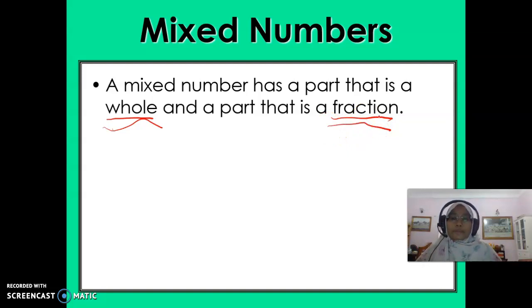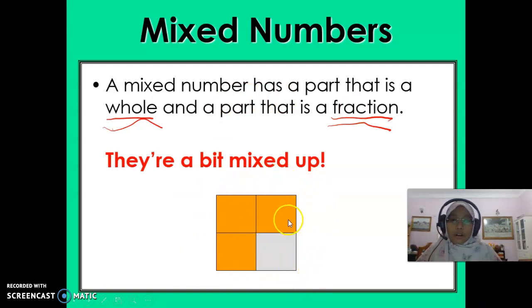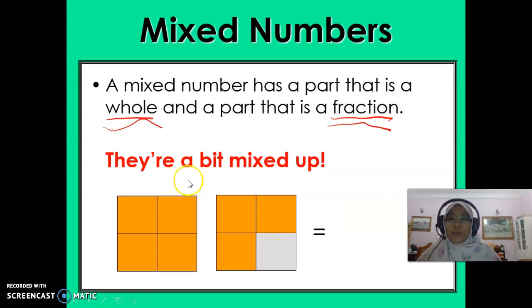Okay? They are a bit mixed up. Okay, we have 1 square that is being divided into 4 equal parts, and 1 whole with 4 equal parts that been shaded. So it will be this one,